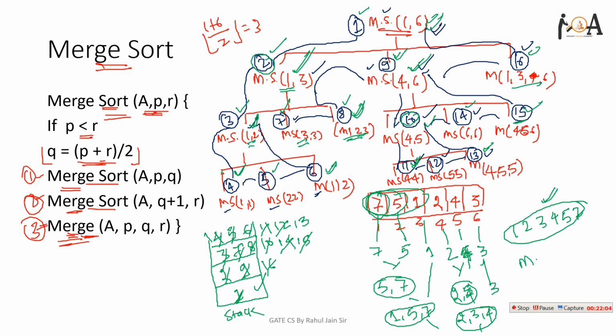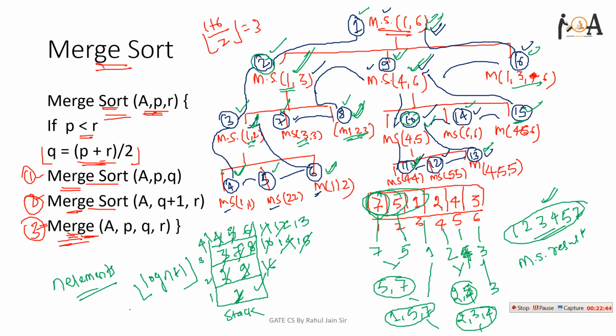That is, we got our merge sort result, and the result is 1 2 3 4 5 7. Okay guys, you will observe here we have n elements. In this stack space we are getting floor of log of (n plus 1) as the stack space, that is 1 2 3 4. 4 stack space we will require to sort them, that is nothing but log of (n plus 1) and take the floor value of that. So this is the procedure of merge sort.